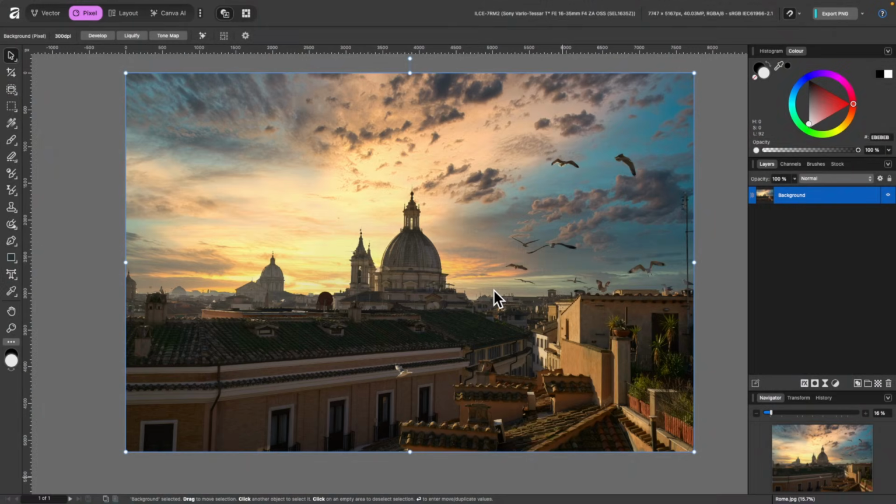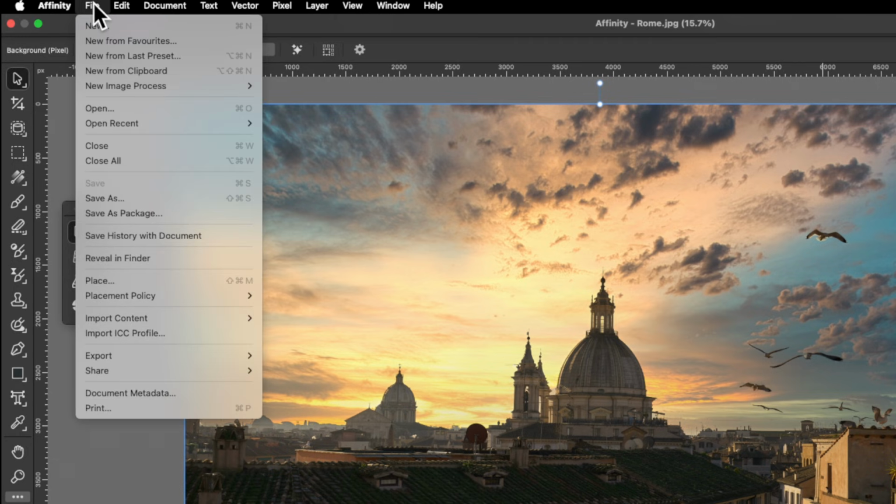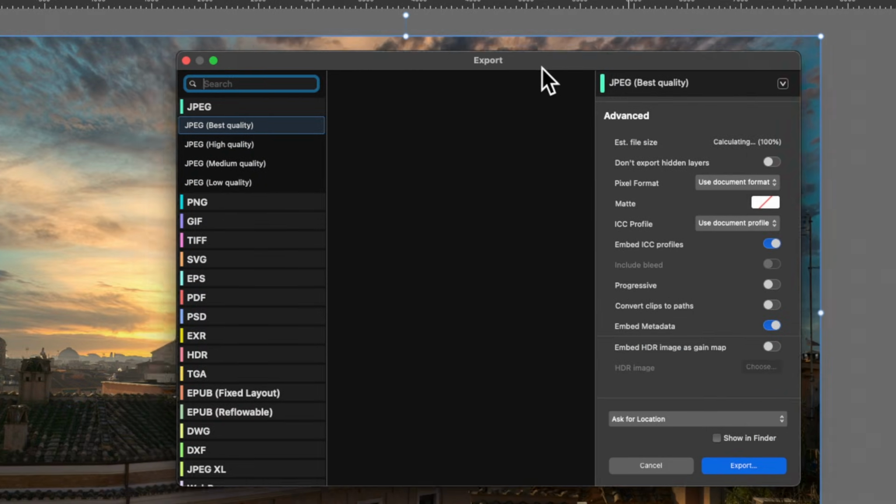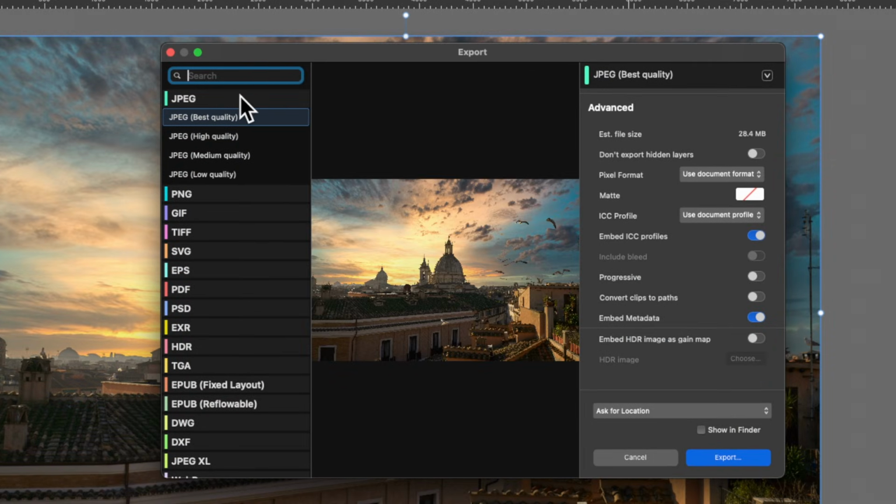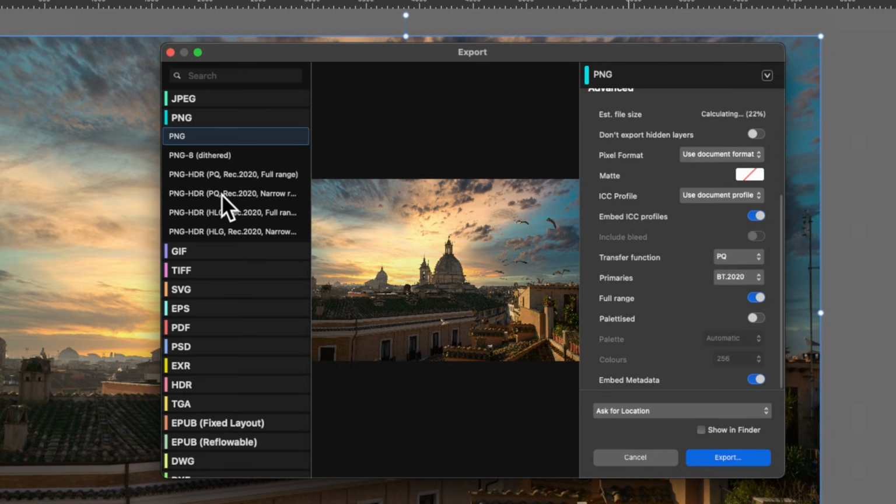Moving on. Okay, in this section, I'm going to briefly cover exporting your finished photo or digital art. So once you're done, you can head on up to File and then Export and then click Export here. You'll get this panel appear and on the left-hand side, you can decide the file format you want. So you've got JPEG and PNG, and you see as I click on each of them, there's a bunch of presets that are already set up.